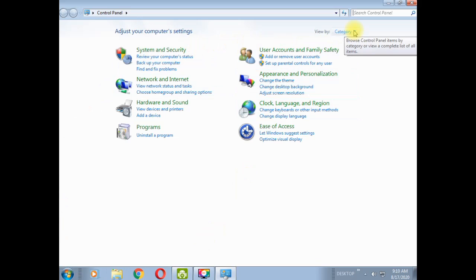On the top you will see one option, category. Once you click on it, you will get these two options, large icons, small icons. First I will tell you how you can change the view of the window by selecting options from here.